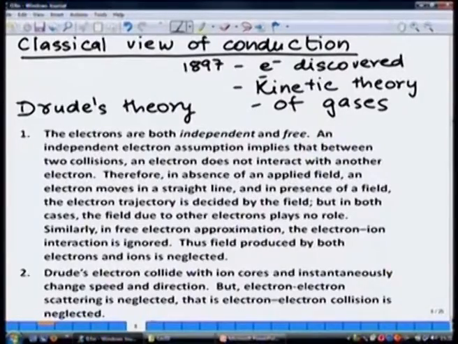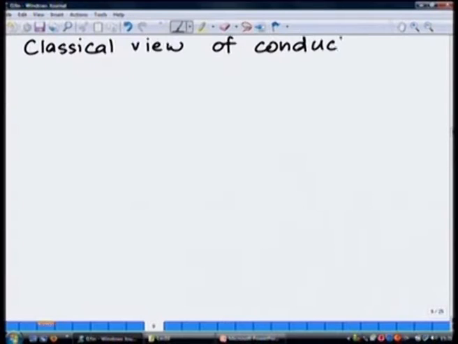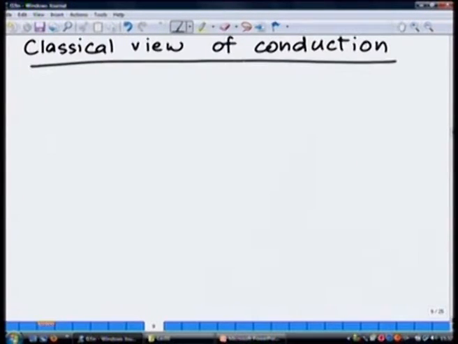So we are going to go through that. Before doing that, let me start here again. Drude's theory, what we want to do,